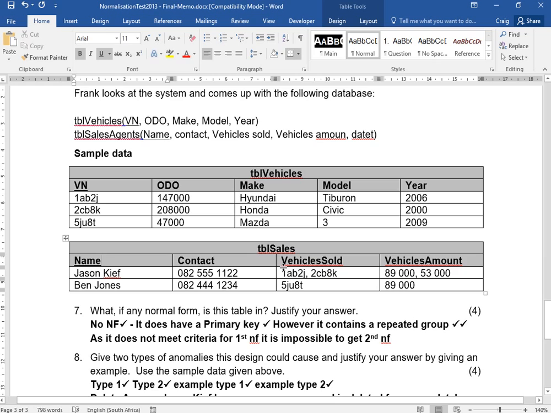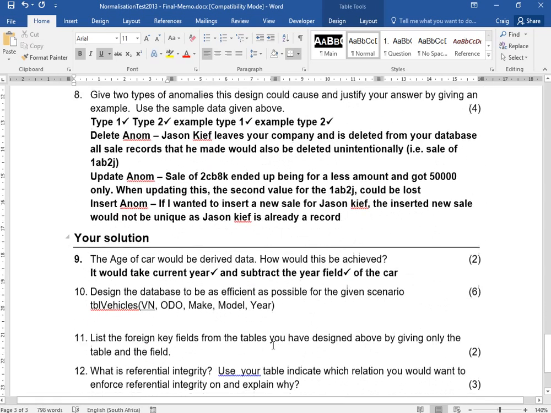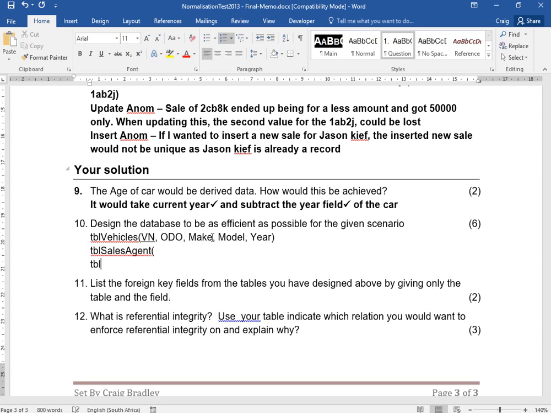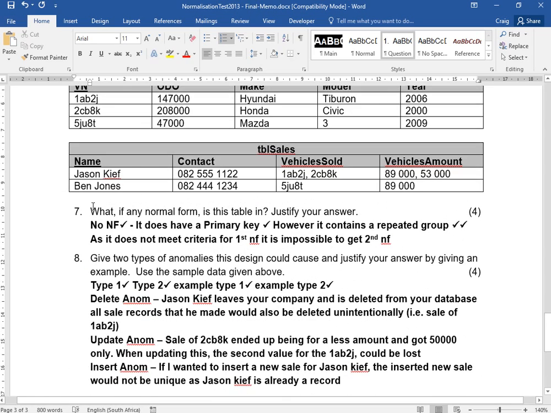I've got my sales and I've got my sales agent. So I know that I'm going to have a table called, in this case I was using the convention, TBL sales agent, and then I'd also have a TBL actual sales. Okay. Now for my sales agent, for one, here we put together Jason Keefe. Now this is considered, it's called,